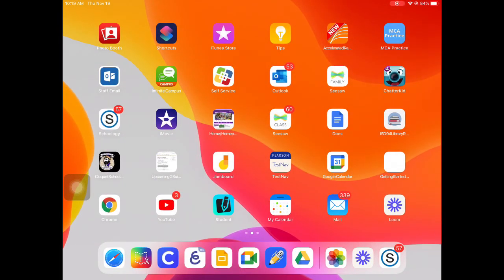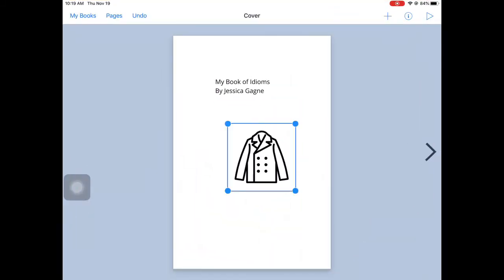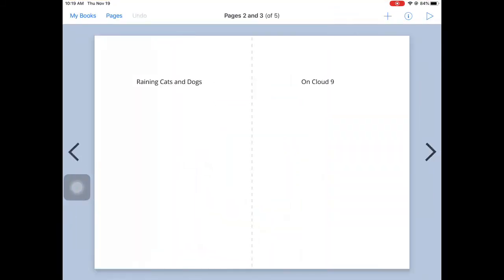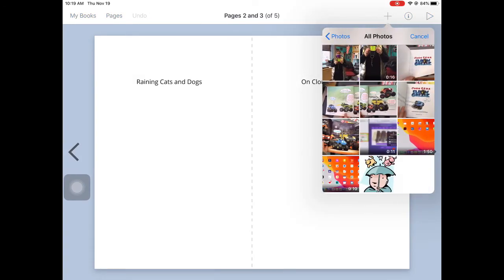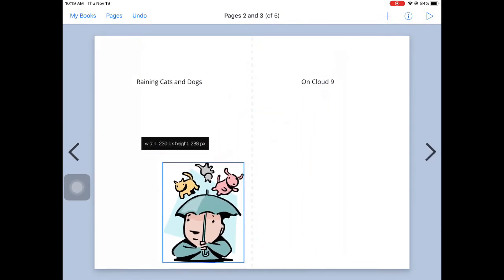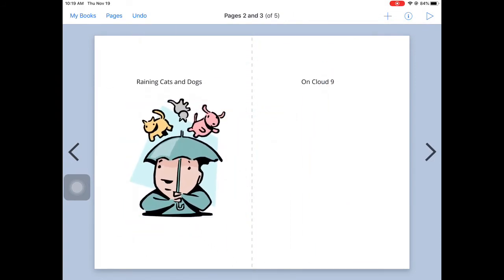And now when I am in my Book Creator app, I can go to the page, I can add photos, and now that will be in my photo reel. I can resize it. And now, after I have added all of my pictures, whether they are from my drawings that I've taken a photo of, or whether they're ones I've created right on Book Creator using the writing tools, or found on Safari,